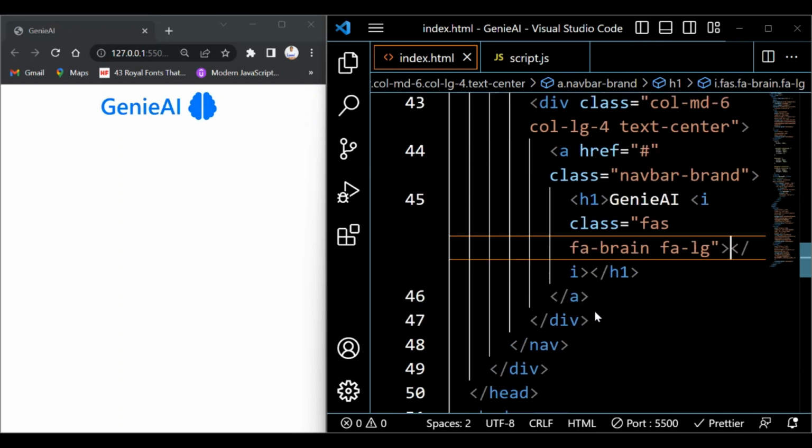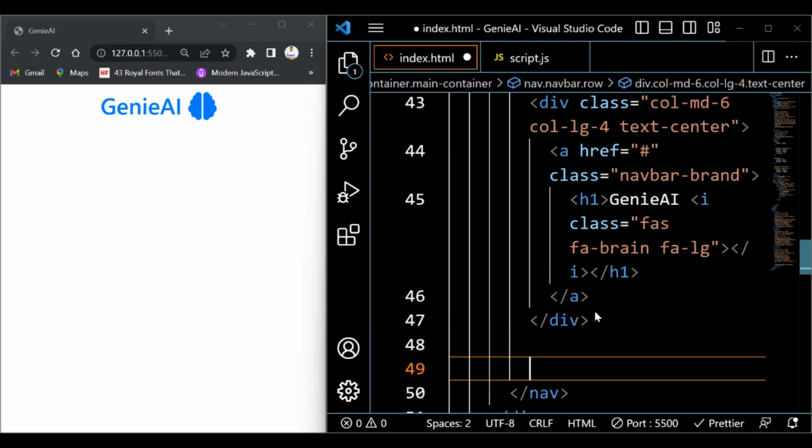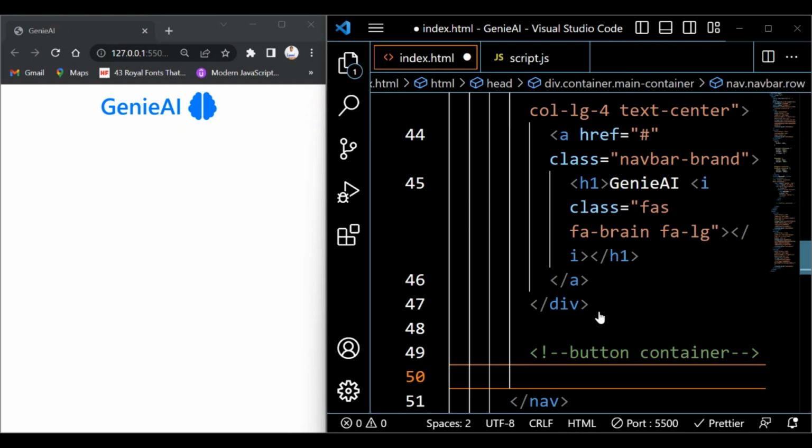So I'm going to come under this div and I'm going to have a container. I'm just going to call it button container. Let me put a comment here so the code will be easy for us to read. So I'm just going to say button container, and inside that button container, I want a